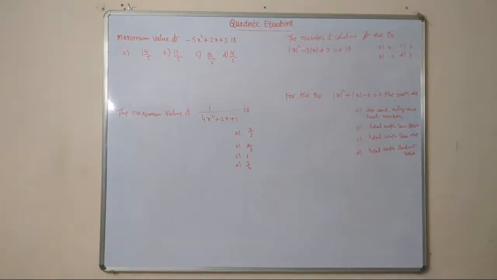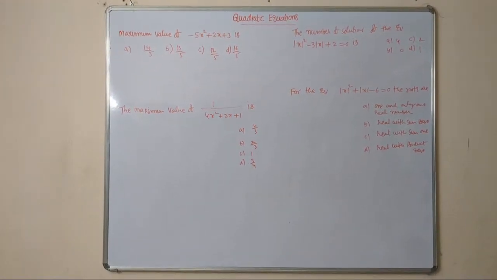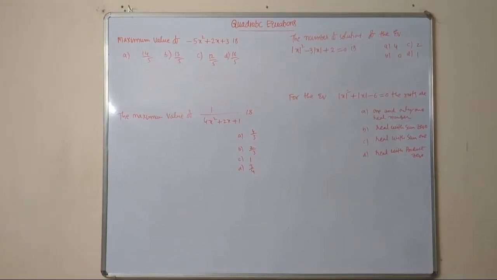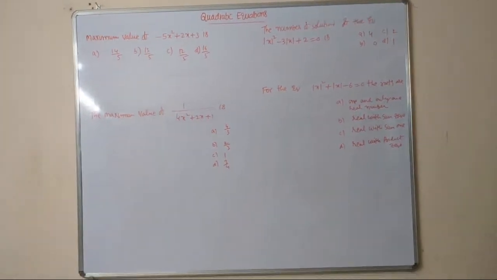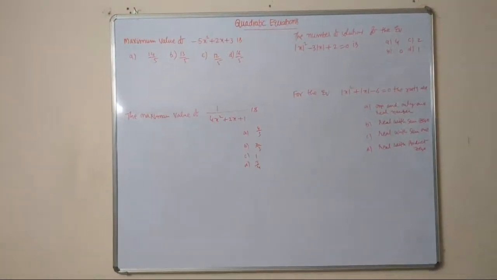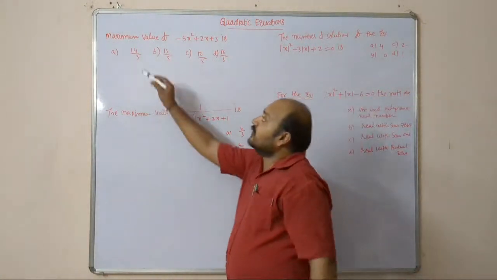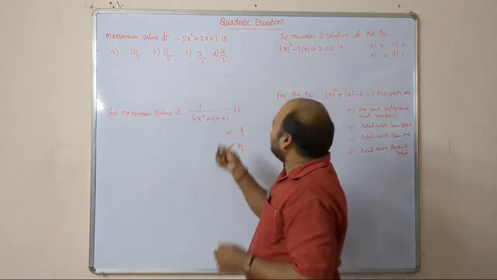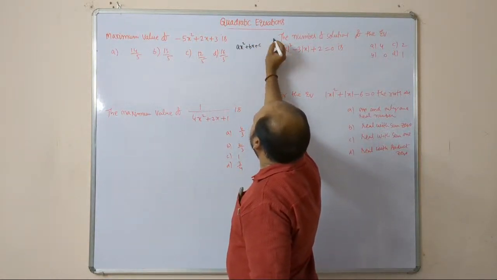So how to... that light is not going now, so because of maximum I'm trying to remove the light. The maximum value, we know that for the quadratic expression ax square plus bx plus c, f of x equal to,